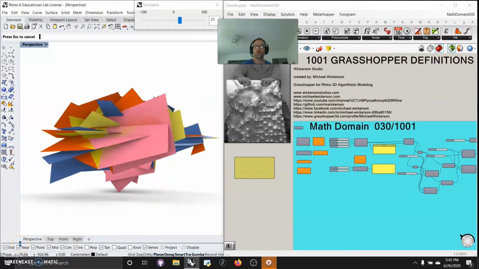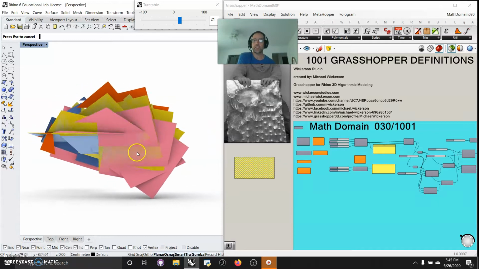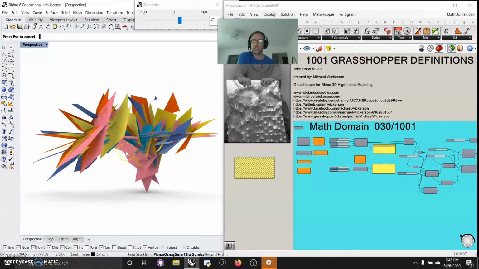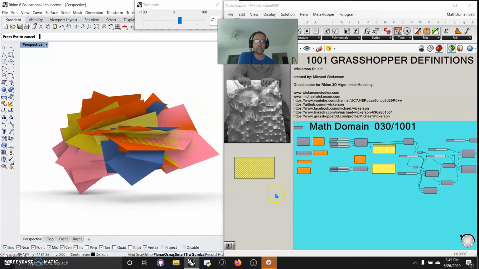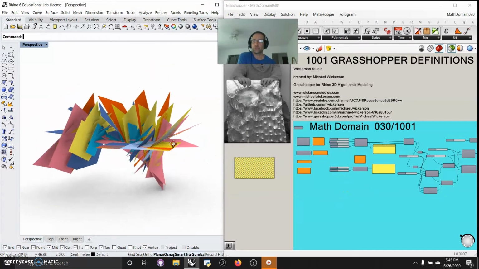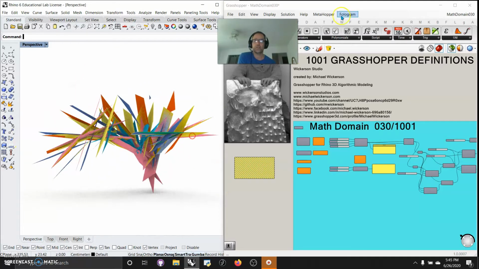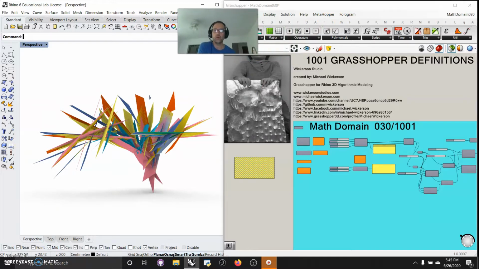Okay, let's roll through the rest of the math domains. And as you can see here, I've done something funky geometrically with very simple planes. It's a pretty fast moving script. If you want to change it, all you have to do is exit the turntable tool, take a look around it. It kind of explodes out and does some wonderful things, but it stems from the last few nodes that